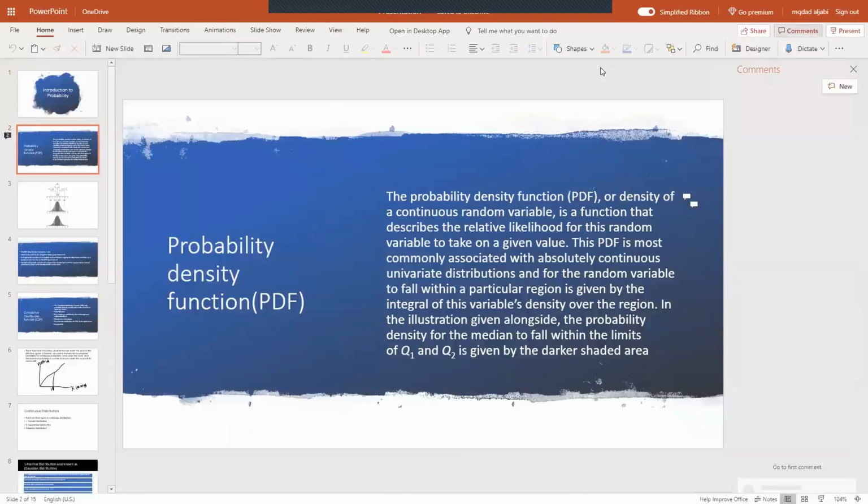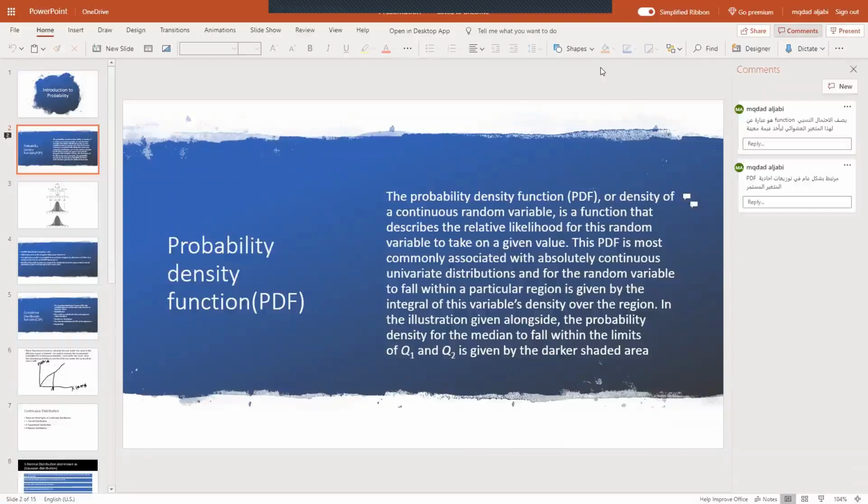Today I'm going to talk about the PDF, probability density function. The probability density function, PDF, or density of a continuous random variable, is a function that describes the relative likelihood for this random variable to take on a given value. The PDF is most commonly associated with absolutely continuous